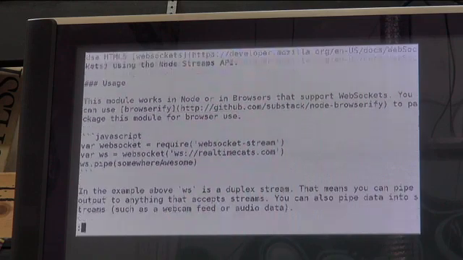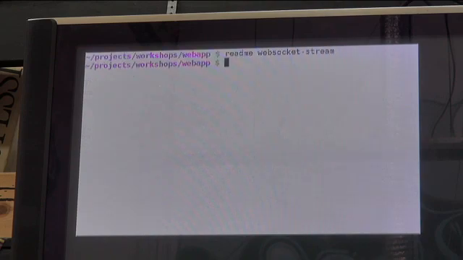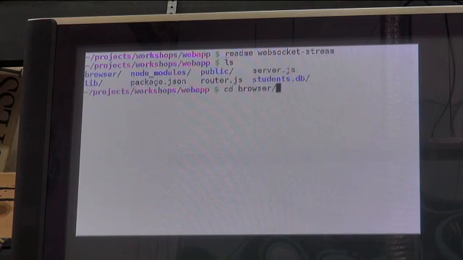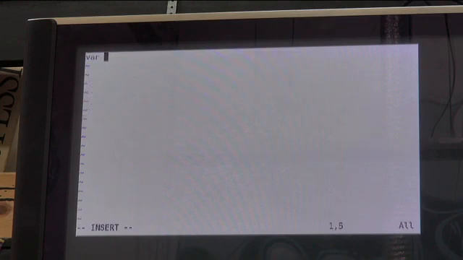So here's what it looks like to use a WebSocket connection. I think before we do that, we can play around a little bit with a quick demo app in the browser. So the first thing we could do is if we go into our browser directory we created last time, we can make a file called main.js, and we'll just